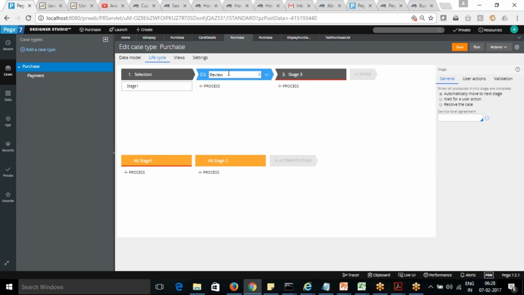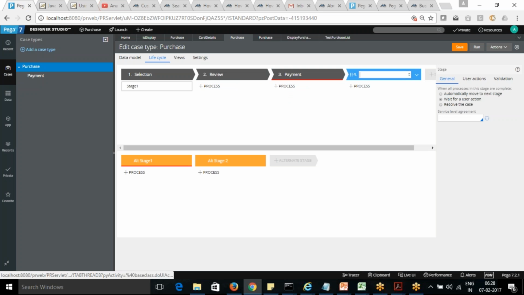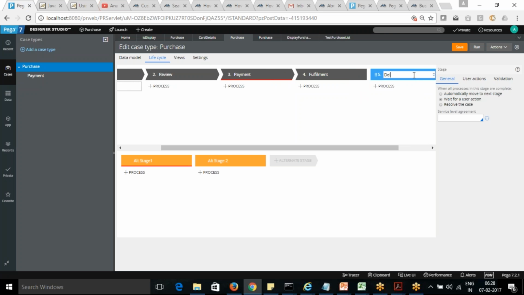Like if you want to delete any item after your complete selection, you can do the review. Okay. Once it is reviewed, it will go to the payment. You need to do the payment, right? And once the payment is done, it will go to the fulfill department. Okay. So that is going to check if it's there in the vendor or not. Then they will do the fulfillment. And when it is fulfilled, it will go to the delivery department for final delivery.